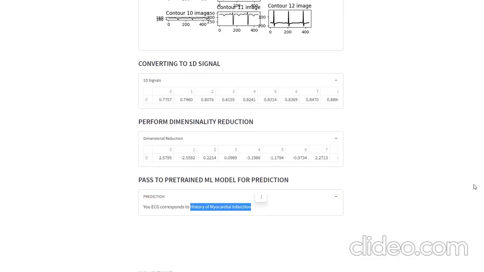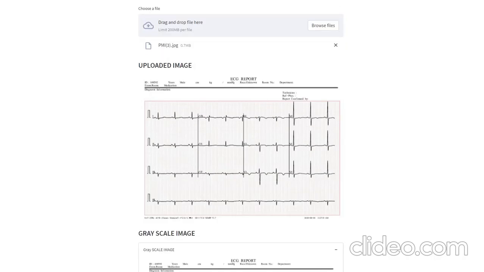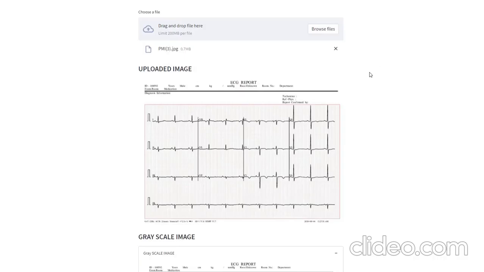History of myocardial infarction. So this is how the prediction is, and with all the different ensemble techniques that we have applied, our model accuracy is around 93% now. Furthermore, we can increase the accuracy by using CNN techniques, where we can have different layers and learning using those different layers. But for now, with the